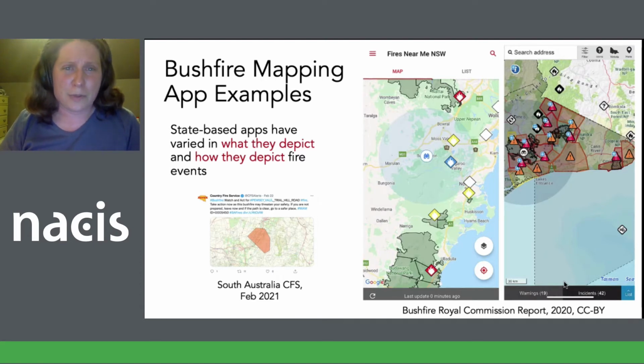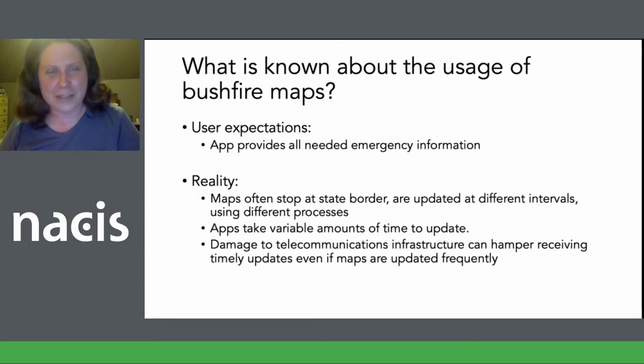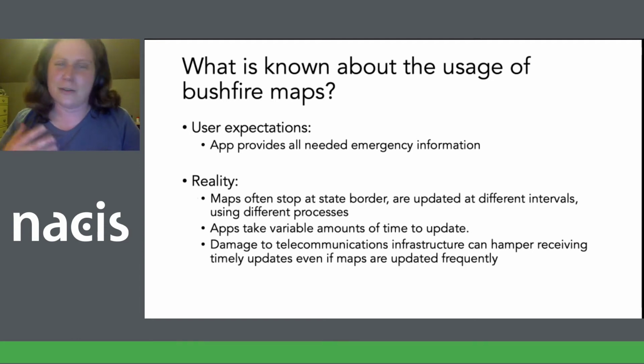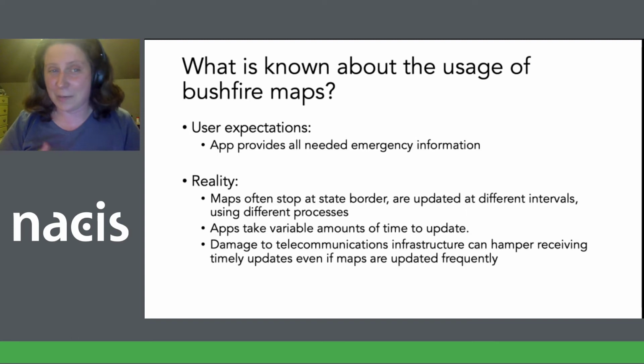So what do we know about how people use these maps? We know that users expect that these apps are going to provide them with all the needed information when they're in an emergency in terms of what decisions they need to make. The reality of the maps, however, is that the maps often stop at the state border. They're updated at different intervals. Sometimes they're updated more than once a day. Sometimes they're only updated once a day. Different states use different processes to update their maps. So people, if they have expectations of the app behaving in a particular way, might find that if they're in another state, it behaves a different